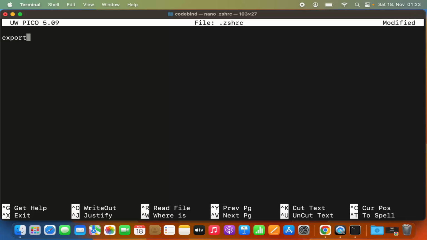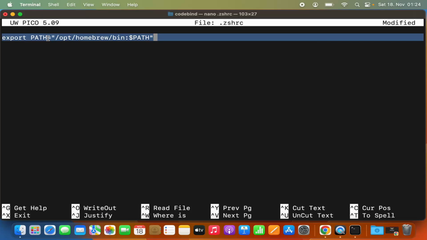export space PATH is equal to, and in the double quotes you need to provide that path, which is /opt/homebrew/bin, and then you just need to give this colon symbol and then give dollar in capital PATH and then close your double quotes. Now I'm going to give you this line in the description of this video so you